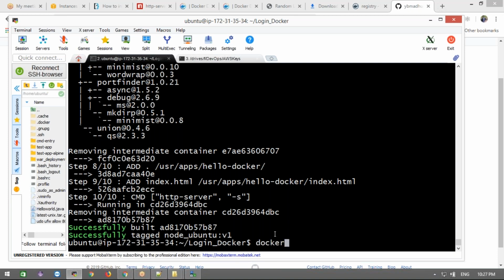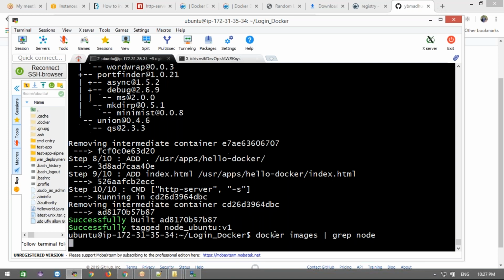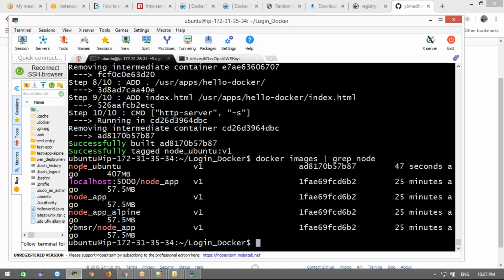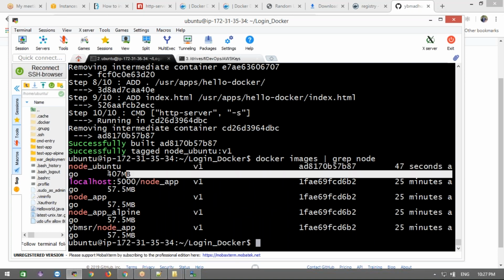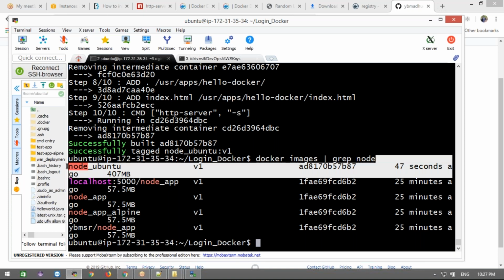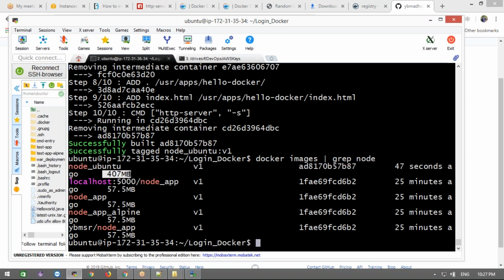Now see docker images with grep of node, just search with node. Now see this node Ubuntu, how much size it was, guys? Same code, same application, same functionality, how much size is it taking if I use Ubuntu as a base image? 407 MB.